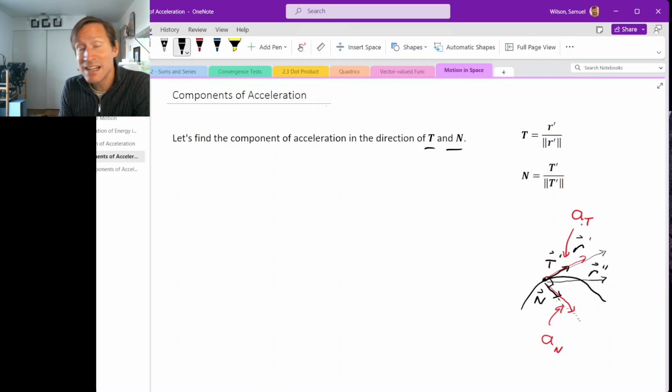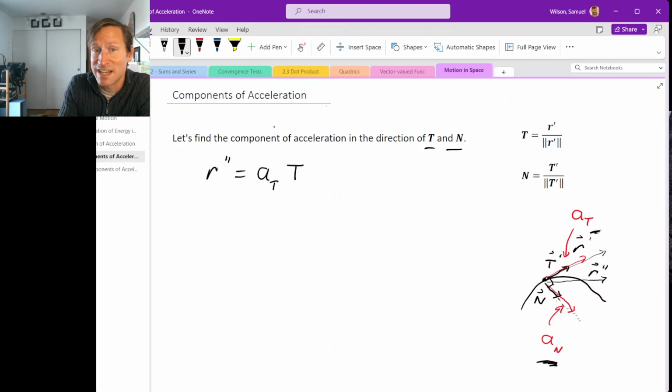And this is achieving exactly what we wanted to do, separating the acceleration into a direction that changes our speed and a direction that changes our direction of motion. Because the normal acceleration is changing our direction of motion, and our tangential acceleration is changing our speed. All right, so how to do this? Well, r double prime, the way that we have it written here, is just, you take the unit tangent vector, you scale it by this function a sub t. A sub t is a scalar,